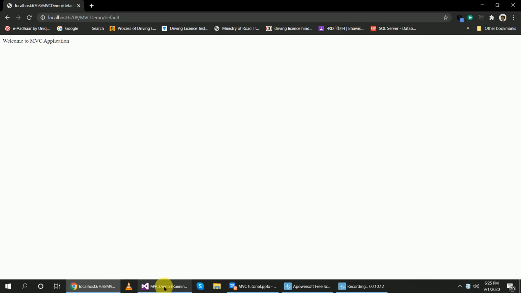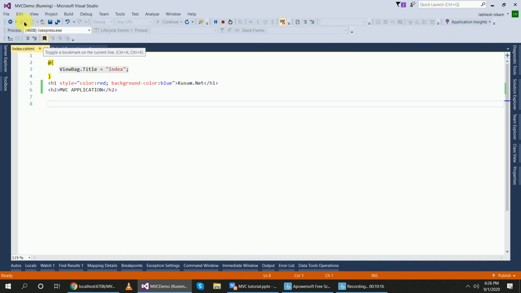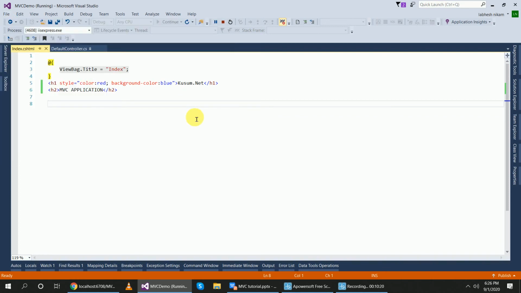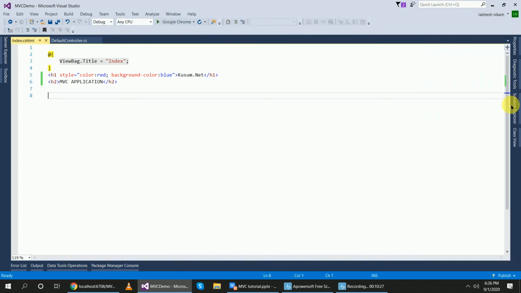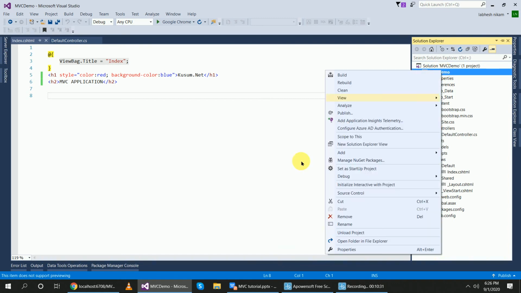Okay, same like that. Now I want to create another project, or in the same project I want to create a web form, because I want to show you what is the difference between a web form and an MVC controller method.